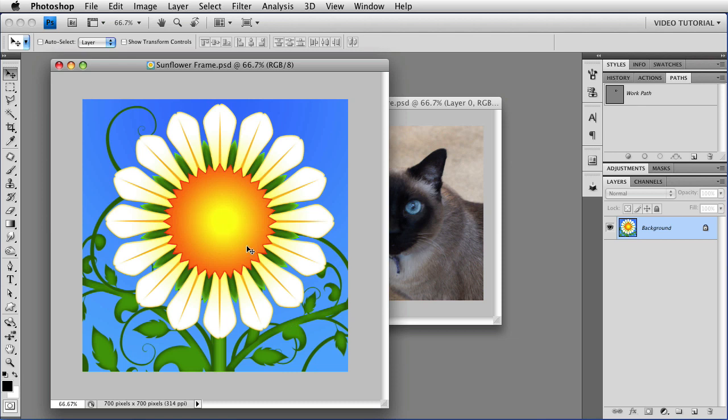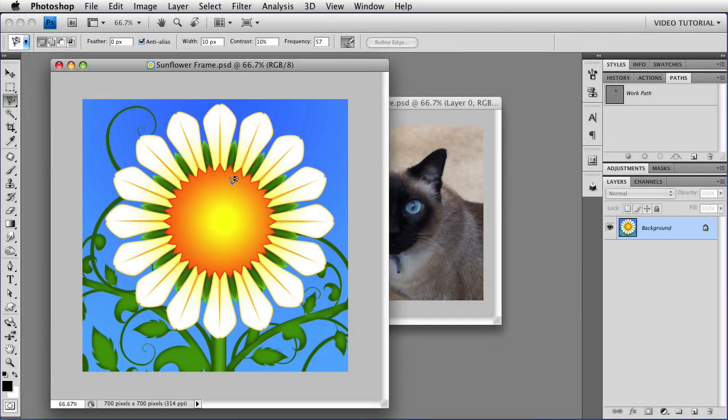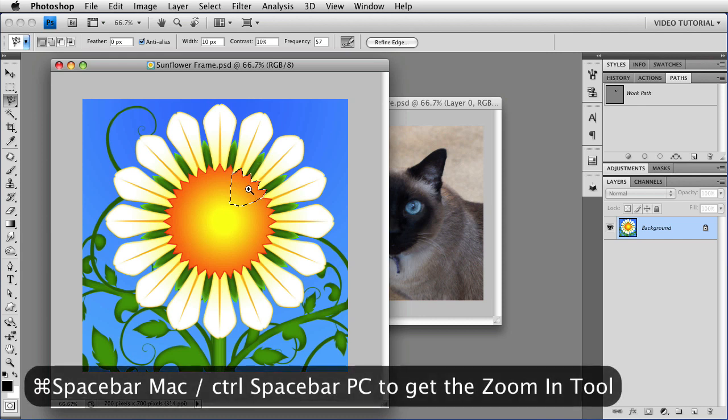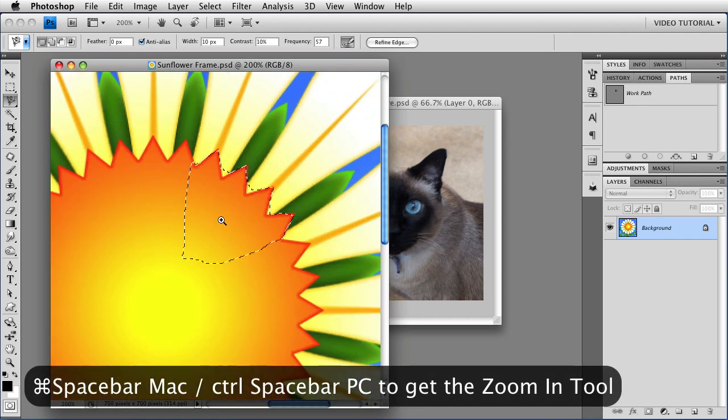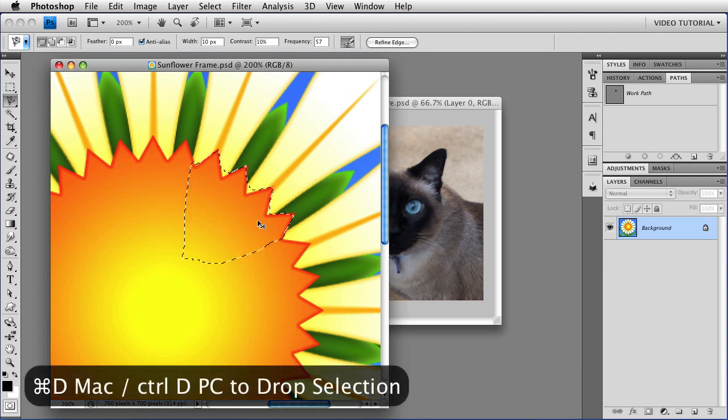Now I could select this shape in one of several ways. I could use the magnetic lasso tool, and I could try to select the points that way. But if I zoom in by holding down the Command key and the spacebar, that's Control spacebar on a PC, you can see that wasn't very accurate, so I'm going to drop that with Command D, Control D on a